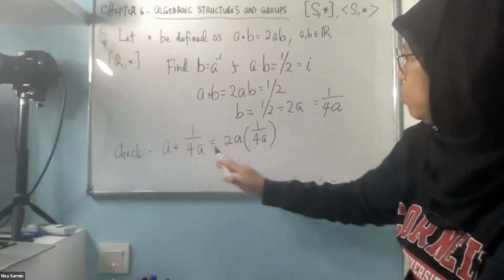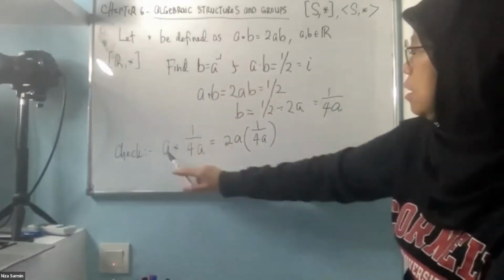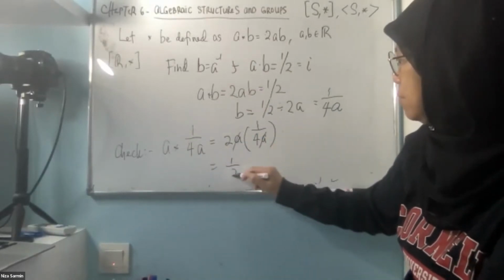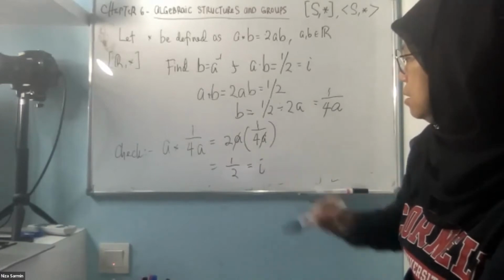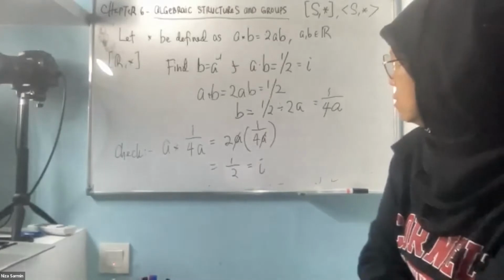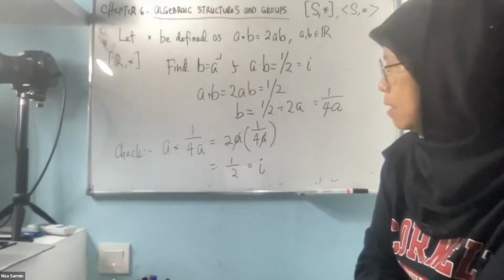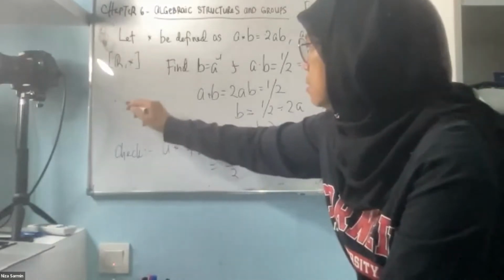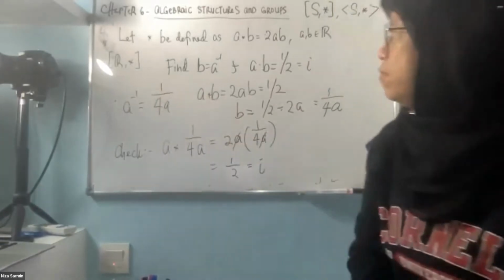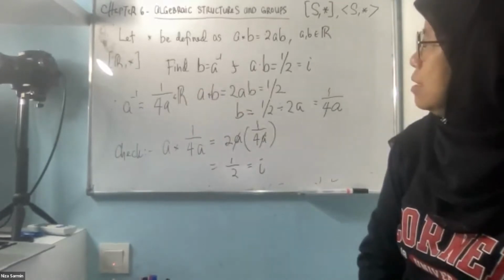So A star 1/4A is 2A times 1/4A, which is a half, which is the I. Okay, then you do the other side. Pelik sikit kan, but this is the inverse of A. So A inverse, or B, is equal to 1/4A. And this is also in R,